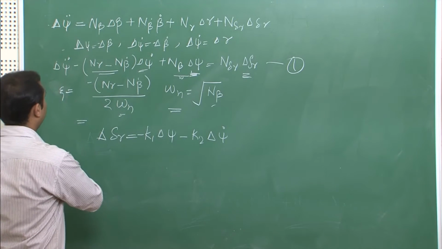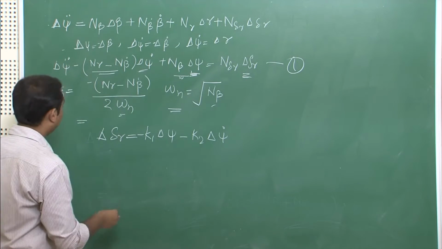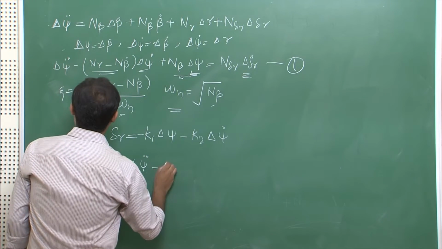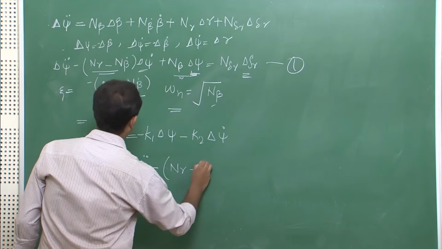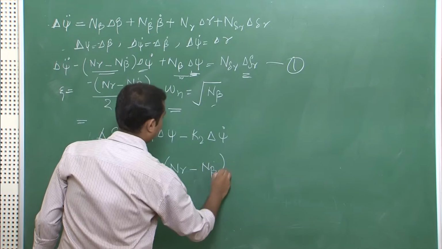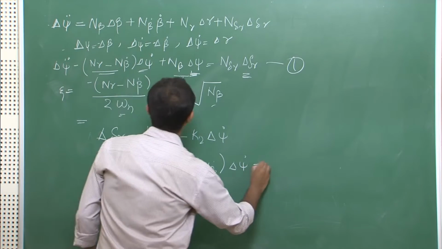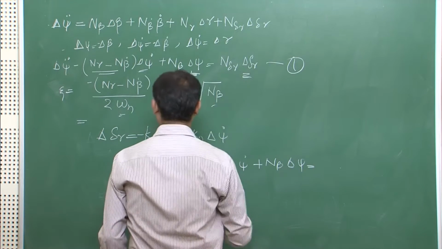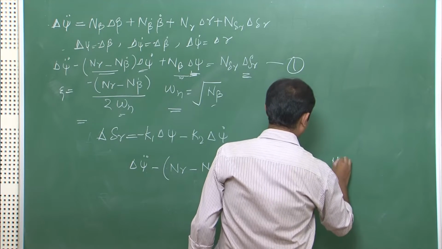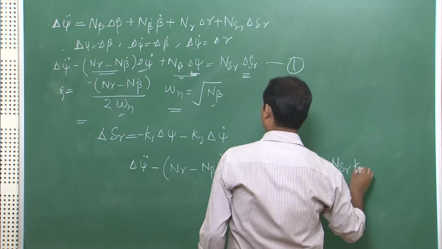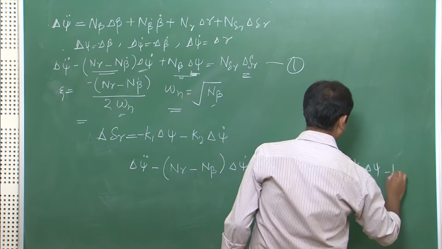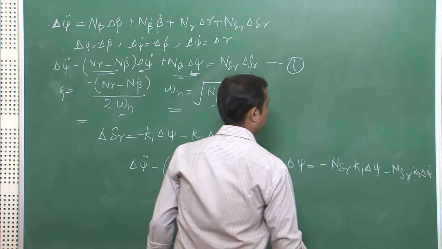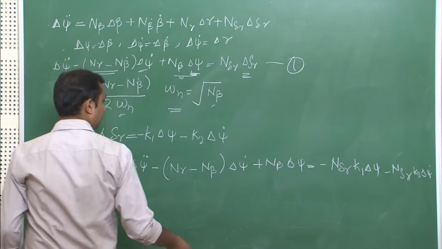Now substituting this value in your differential equation 1, the new differential equation which you will get is delta psi double dot minus (nr minus n beta dot) delta psi dot plus n beta delta psi equals to minus n delta r k1 delta psi minus n delta r k2 delta psi dot. Further solving this,